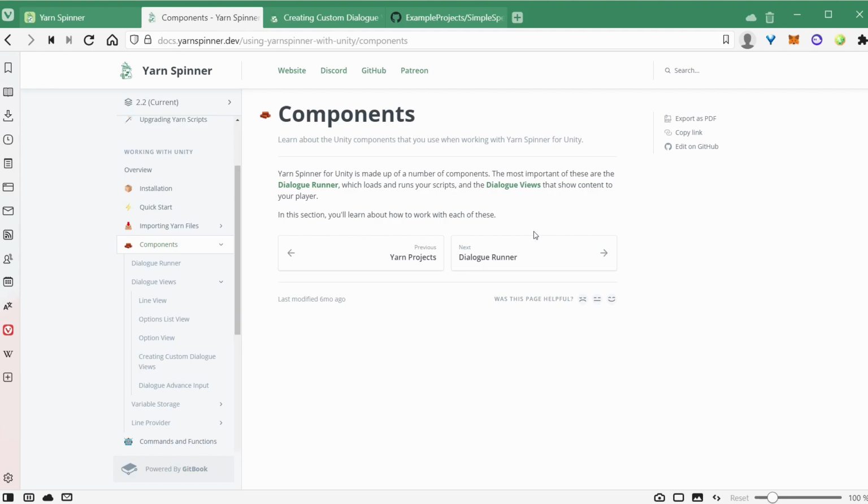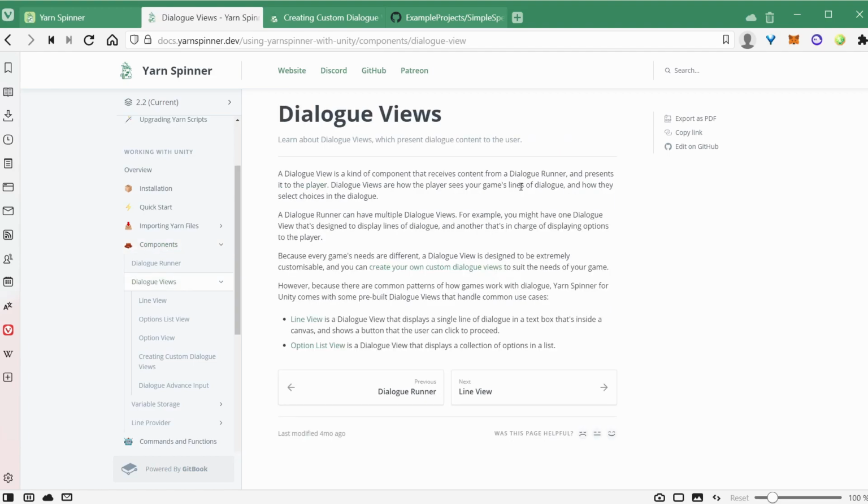Now if we go back to the Yarn Spinner documentation and we click on components, it handily explains that the most important two components really are the dialog runner and the dialog views. Now we don't really need to touch the dialog runner, that's doing its job, but it's the dialog views that we're interested in because that's really what has control over the look and feel of the viewable dialog that's coming up. And so if we click on dialog views, and we can click on create your own custom dialog views,